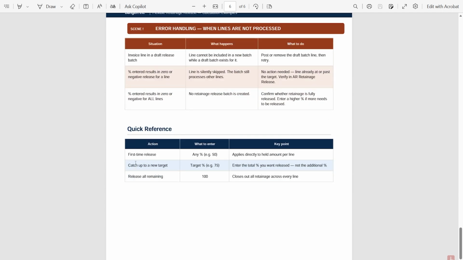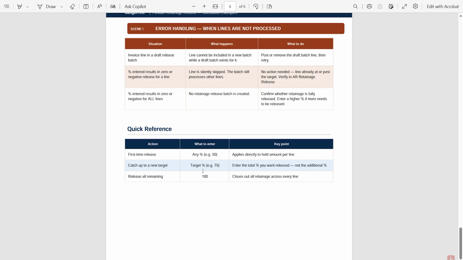So a quick reference here, for first time release, you can enter any percent. So an example would be 50% or 25%. Intacct will apply directly to any held amount per line. If you need to catch up to a new target, enter your new target. It can't be below what you've previously released.